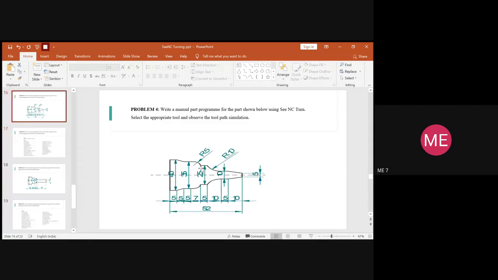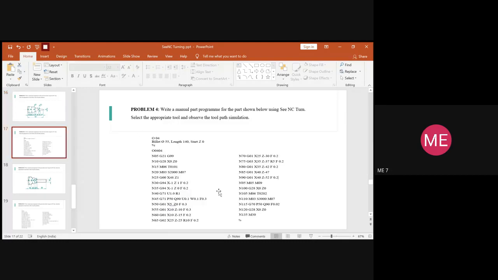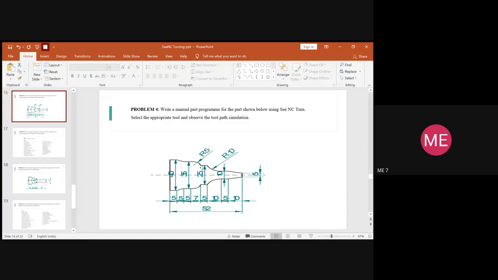Once you are done, the tool is here now. So after this point, you have a circular interpolation, not a linear interpolation. That too, it is going in anti-clockwise direction. So you have to use the code G03 for anti-clockwise circular interpolation, right? So you will write G03 and you see what is the value of X you are getting. For the circular interpolation here, the value of X should be 35. So we'll write X is equal to 35.